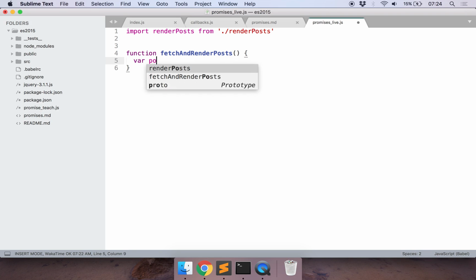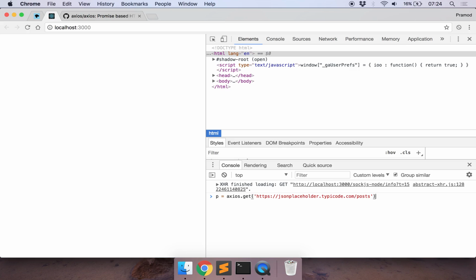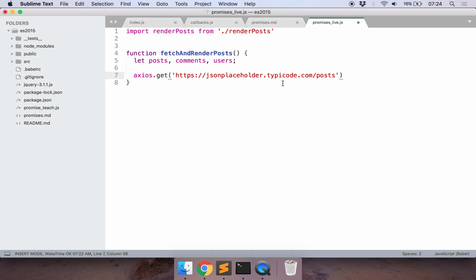Okay, so first let me assign the variables, where var. You know what, in ES6 it's more fashionable to use let instead of var. So I'll say let posts, comments and users, and then axios.get. Let me get the URL from here. Axios.get posts, and then followed by